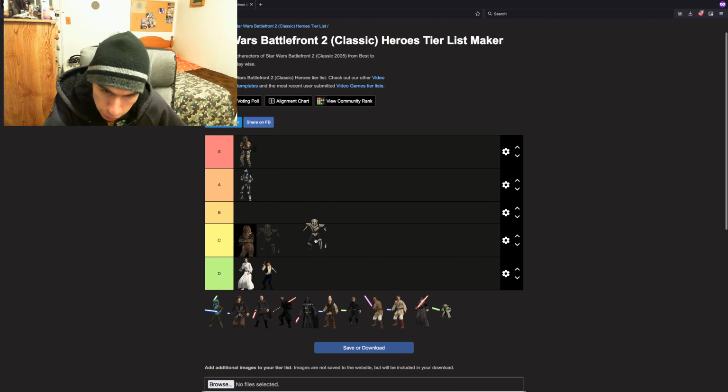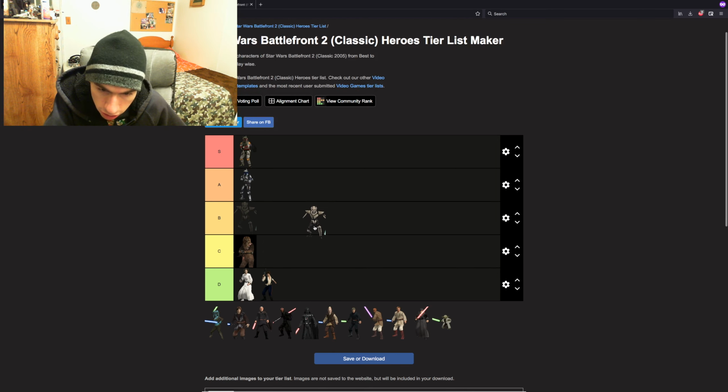Grievous, I don't know where to put Grievous because he's kind of slow. He can't jump as well as some of the other guys. I mean, he can definitely jump, but yeah, he doesn't have the same abilities as some of the other guys, so I don't know whether he's B or C or what he is. I'd put Emperor at a D tier because he's kind of slow to swing and he walks